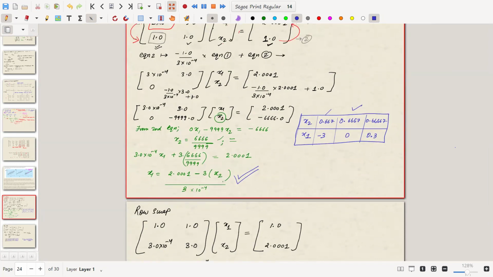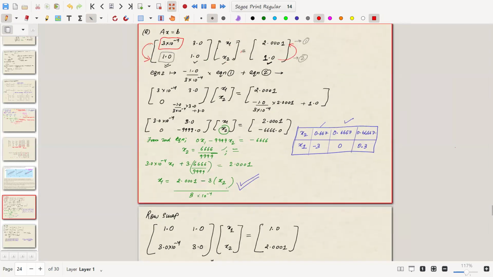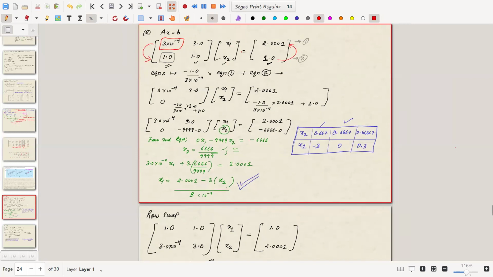But that's not the issue. The issue is more deep. There is a small element, fine. But it is what you are doing with that small element that matters. Yeah, exactly. That's very good. So I wanted some of you to understand it. See, the small element is there. That is a problem, of course. But